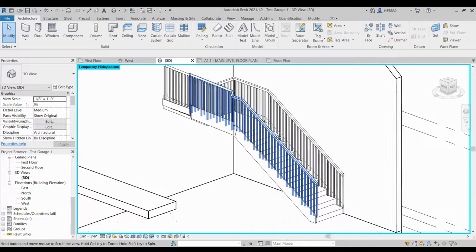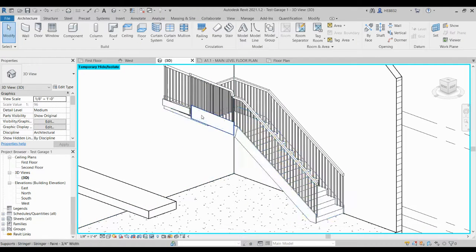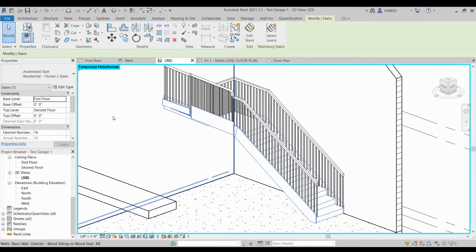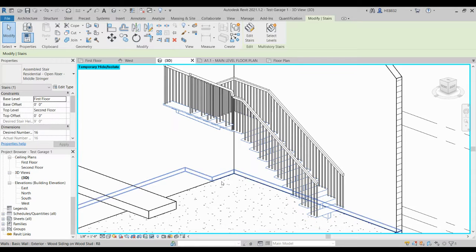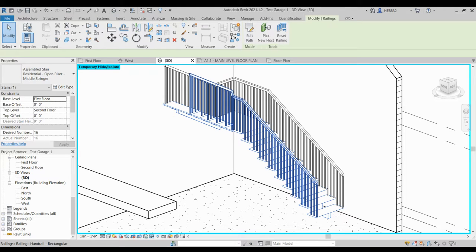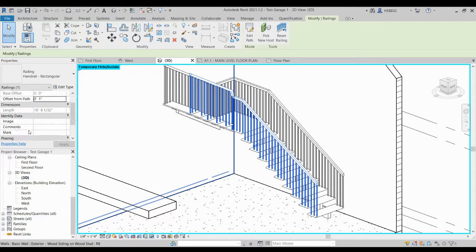If I want to change the type, I can click on the modify tool and select my stair. Let's see, make sure I have my stair selected. It says assembled stair. It's closed on 2 sides. I think I would like to have it be an open riser stair. It says it's residential already, and I'd like it to have a middle stringer instead of 2 edges. I would just like it to have a more open feel. So I clicked that change type. And then I'd like these handrails to be